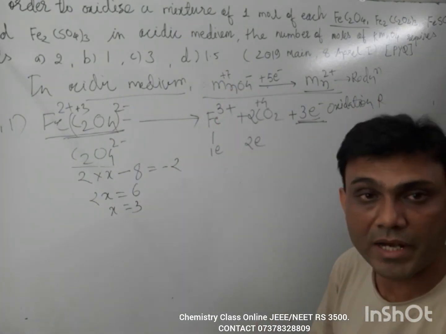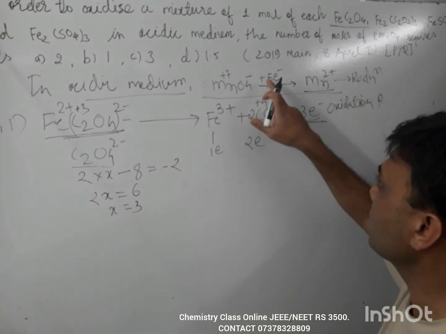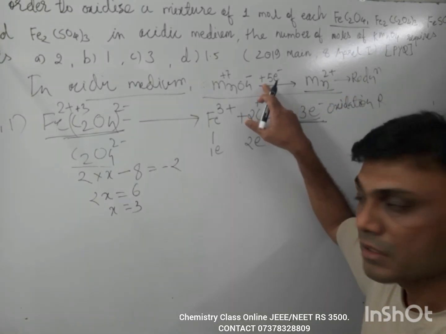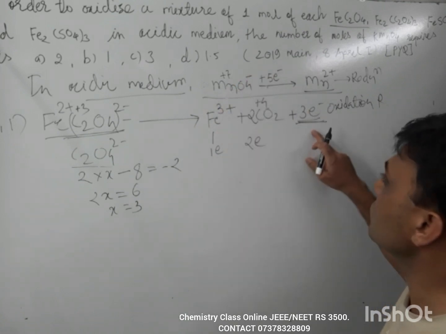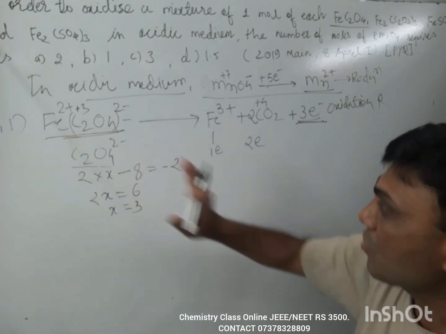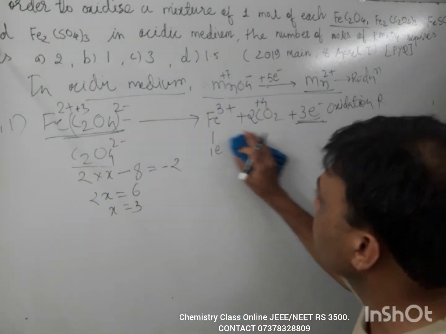Now we have to balance this reaction in terms of electrons, because here 5 electrons are taken up by the permanganate ion, and here 3 electrons are removed from the ferrous oxalate. So we have to balance this reaction. So for that